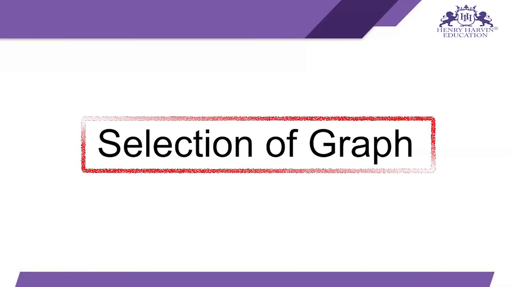So today's session is all about how you can decide which graph you want to make, which plot you have to make on which data, and what the main thing is that you want, so that you know which graph to use to get your job done. Let's start with this.